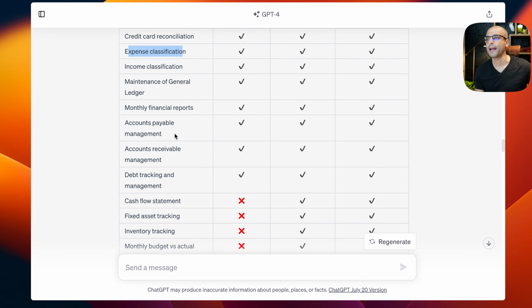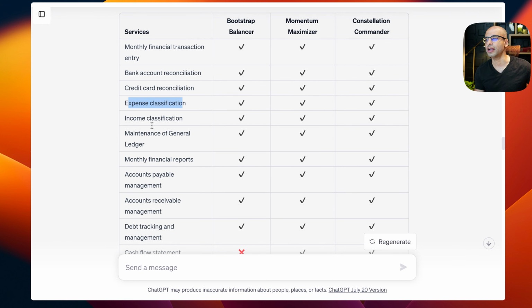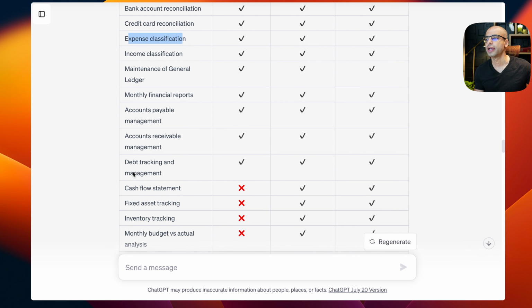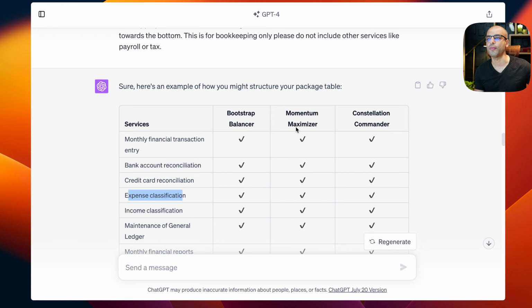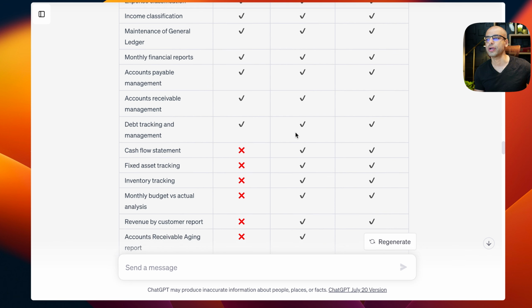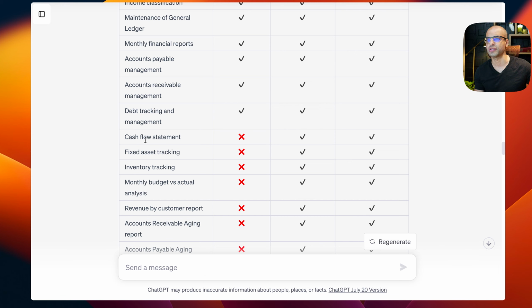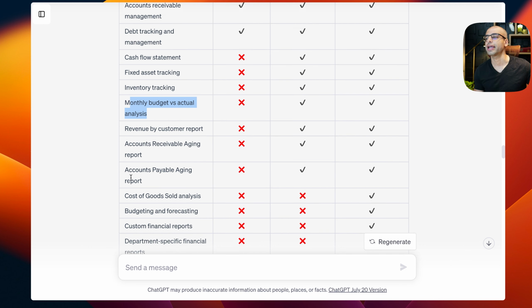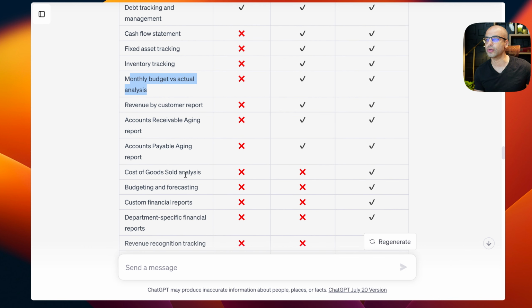For example, in the first part, we have a lot of basic services: accounts payable, accounts receivable management, debt tracking and management. Then where we get into the next tier, the Momentum Maximizer, that's where we have the cash flow statements, the fixed assets tracking that the mid-tier and high-tier services offer. The inventory tracking, monthly budget versus actual, revenue by customer report, accounts receivable aging report, accounts payable aging report, cost of goods sold analysis, budget and